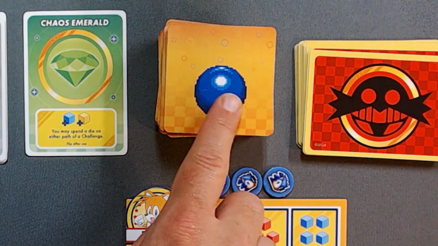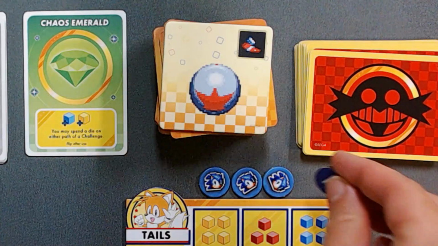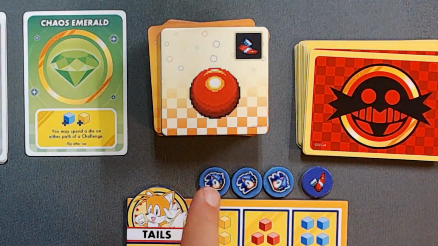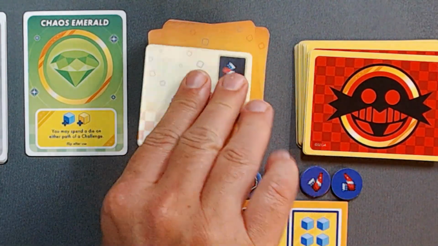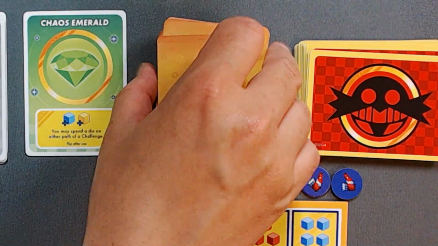Right into the special zone, flipping the first one. All right, so that's very helpful. Oh, that's very helpful. Tails gets a boost token back, which is great. And because it is a white bumper, he gets to go ahead and draw again. He gets a second boost token. Oh, that's fantastic. Amazing. And because he finished that zone card at the end of the goal, we had a